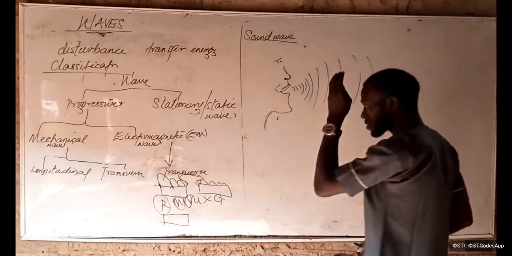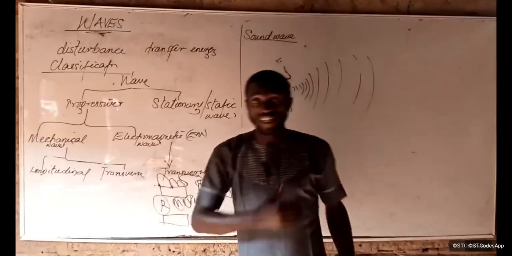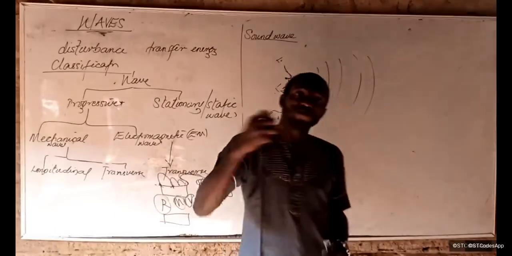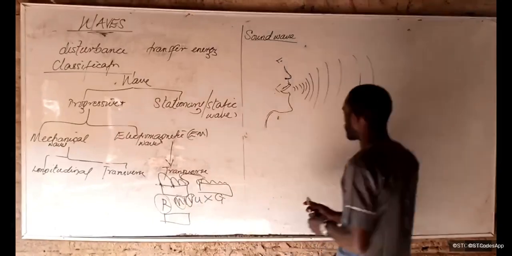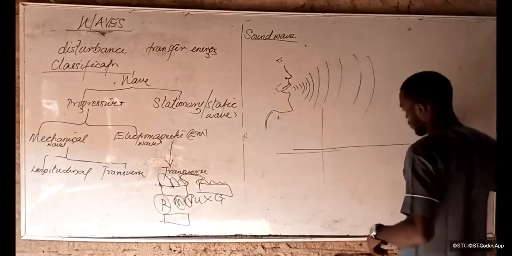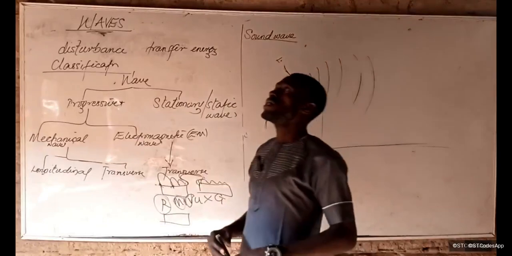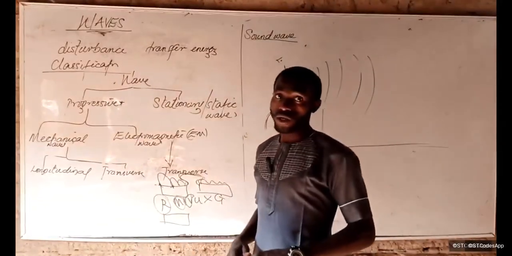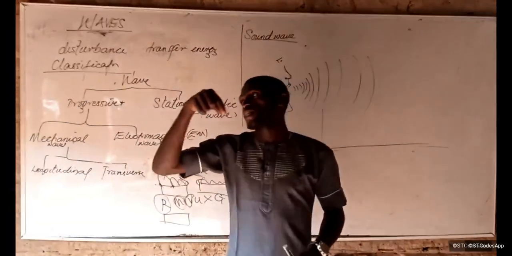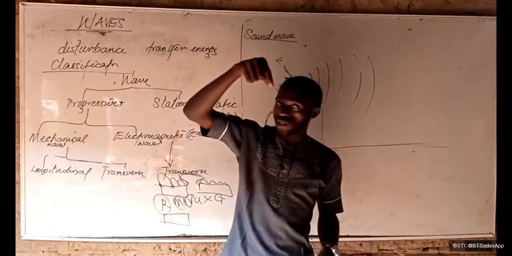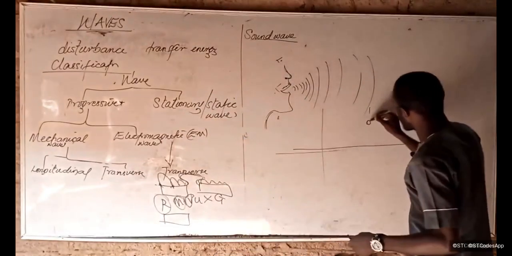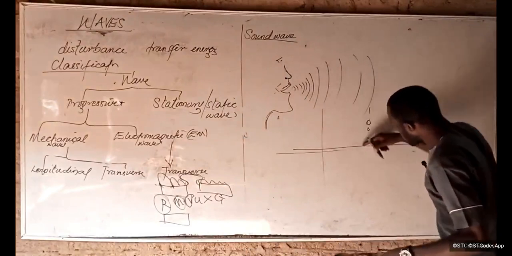But a transverse wave is one that travels in a direction that is perpendicular to the direction of the motion that produces it. So if the motion that produces it is going this way, the wave will travel in this direction. For example, we could have a water wave, like I talked about with the ripple tank. If I take a stone and throw it into water, this is the stone as it's going, and then when it gets into the water,